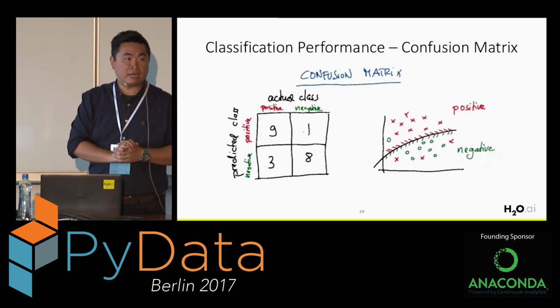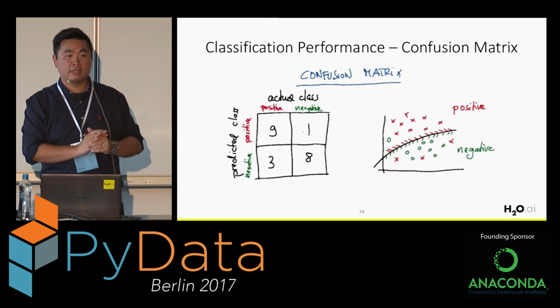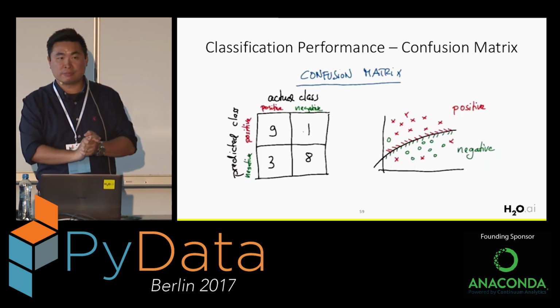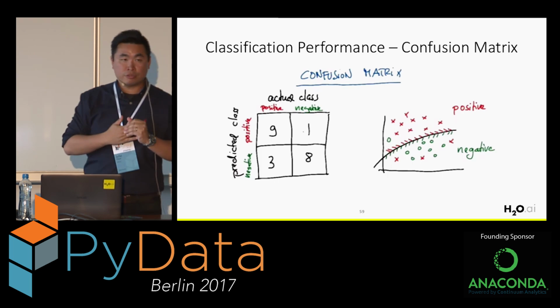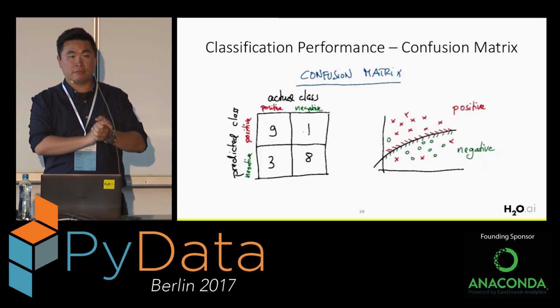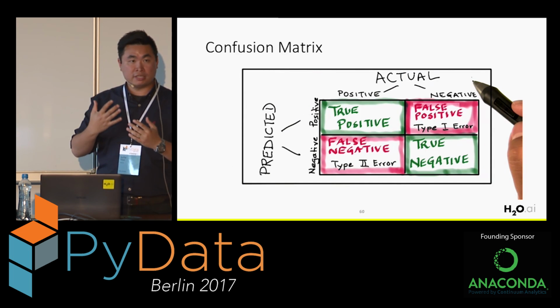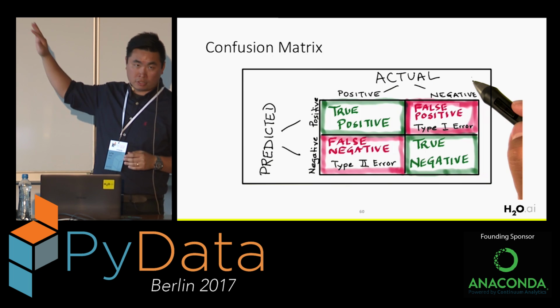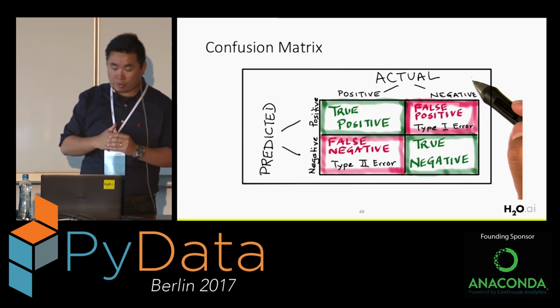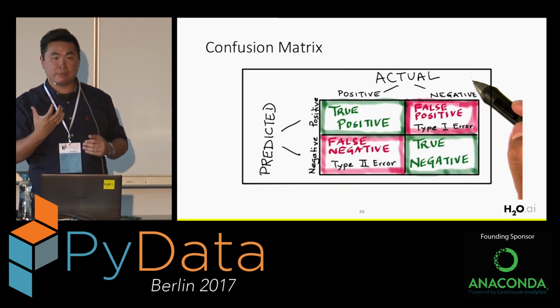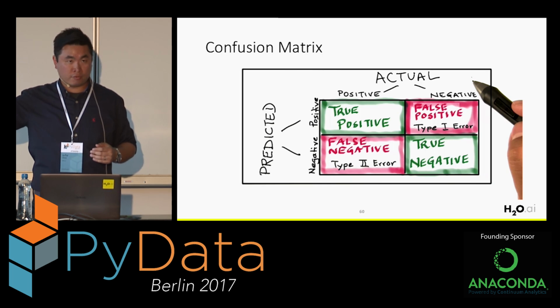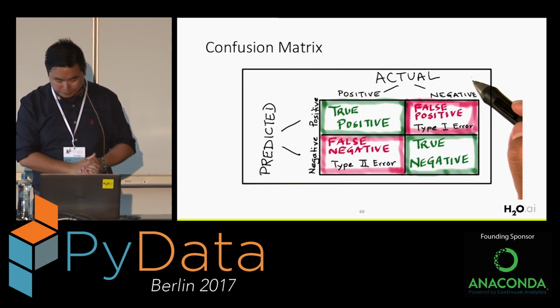So how many of you have heard about the confusion matrix before? Okay, so I don't really need to explain a lot. It's how you visualize the problem in a matrix. You have the true positive and the true negative in one diagonal, and the false ones in the other diagonal. So what we want to do is to optimize or maximize the true negative and the true positive in this matrix.